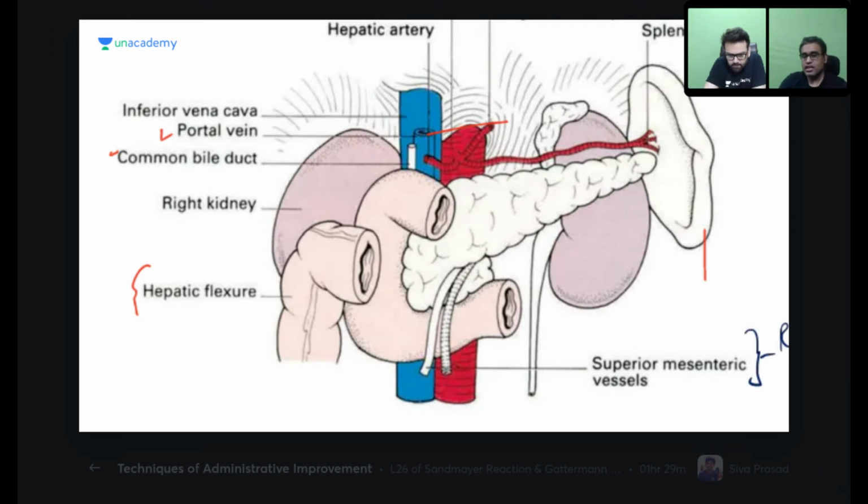The posterior relation. So posterior relations are these, plus here it is not being shown, but I'm telling you, one very important point, if you are not aware, please note it down, often repeated. This superior mesenteric vein which we are seeing, which is in front of uncinate, is going now behind the pancreas. It is going behind the pancreas, and from the left side, splenic vein is coming. Splenic vein is also where? Behind the pancreas. Imagine, this was the spleen. The tail entered over here. When the tail entered, this was the hilum of the spleen. So behind this, the splenic vein was coming. So splenic vein is also behind the pancreas.